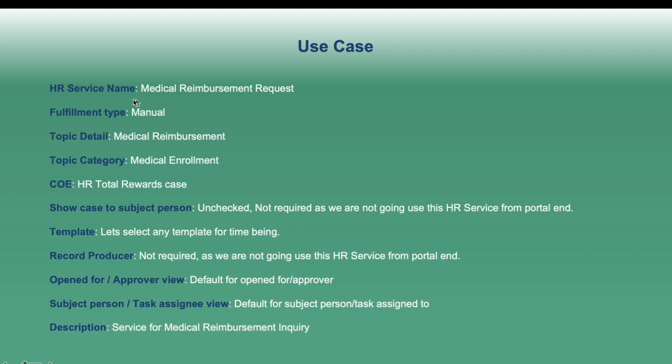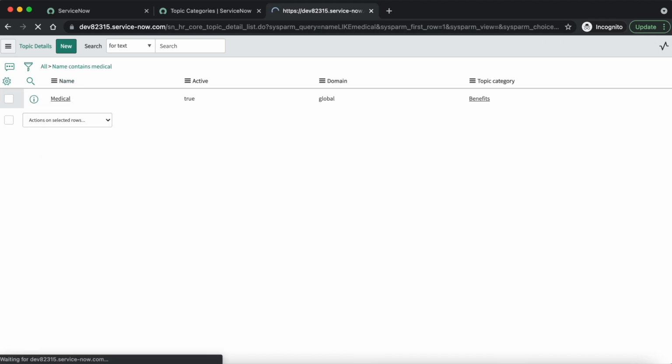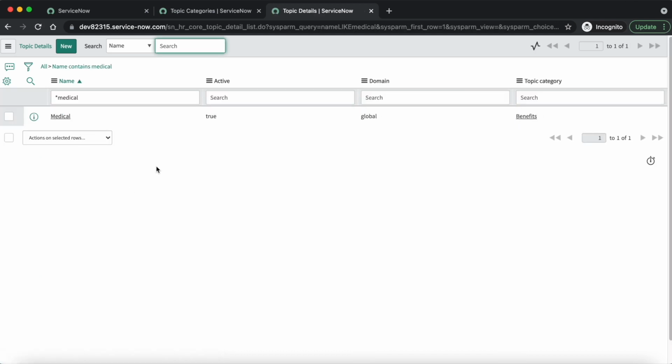Our topic detail is medical reimbursement. Here you can see that we also don't have that medical reimbursement topic detail. We only have a topic detail with the name medical.